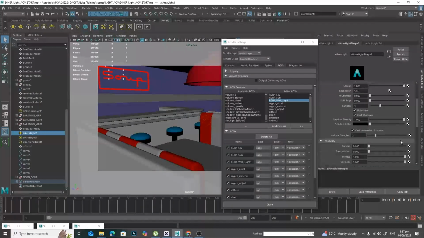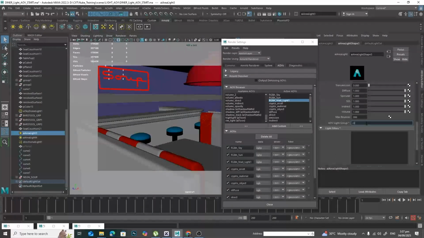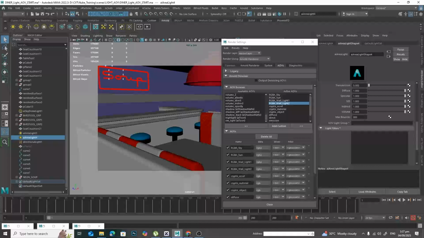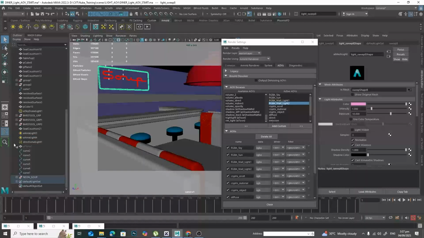And then this light is what we're going to say is wall light 1. Wall light 1. You have to make sure they match. That's case sensitive. Okay, add custom RGBA wall light 2. Then I go to this other one and just say wall light 2. Then I want to go for the neon lights. So here in my neon,